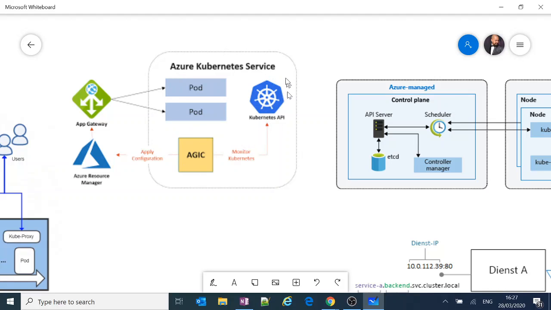We have a logical grouping in Kubernetes like namespaces. Namespaces are sort of resource groups in Azure, and you can take advantage of namespaces to segregate your resources, your pods, whatever resources you're going to spin up on those pods.